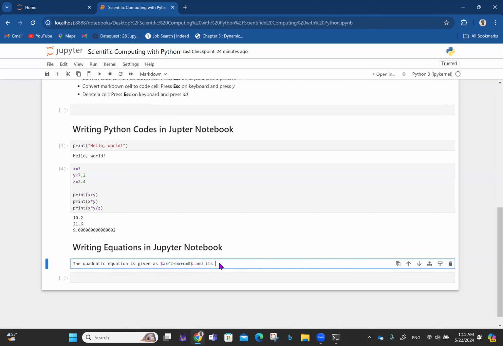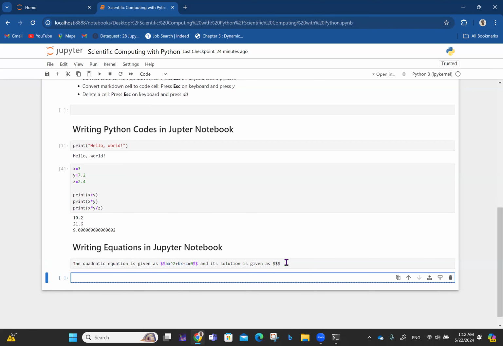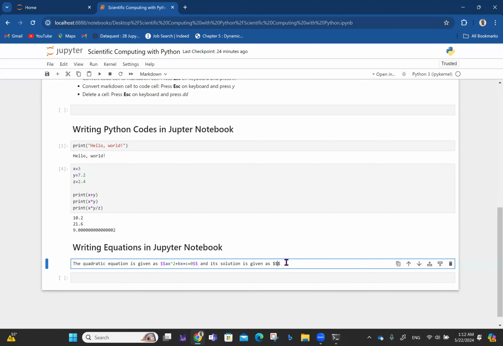And its solution, well, you can also double the dollar signs if you want the equations to stand out. So I double the dollar signs too if I want the equation to stand separately, and its solution is given as, okay, and its equation is given as, when you solve quadratic equation, it's x equals